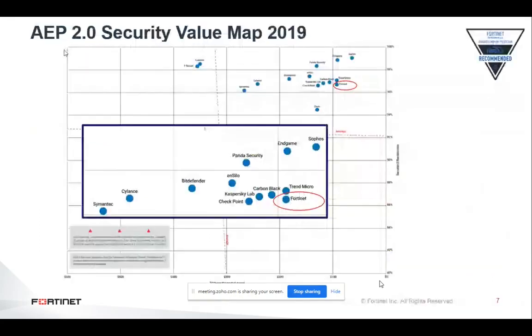The NSS Labs Advanced Endpoint Protection group test evaluates products for security effectiveness, performance, and total cost of ownership. These products generally include endpoint security technologies that combine the protective capabilities of